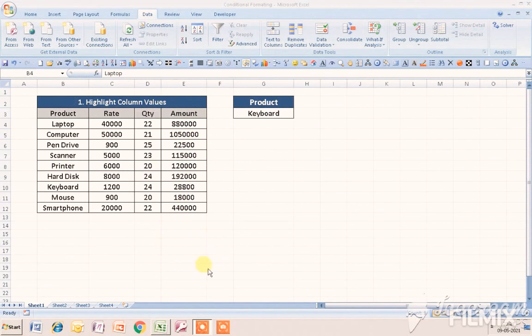Now I will show you how you can highlight the column values. To highlight the column values, I have simply created the drop down list of all these products. Now what I will do is select the data,